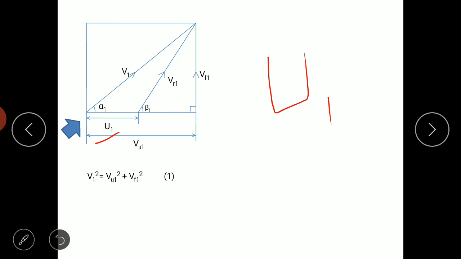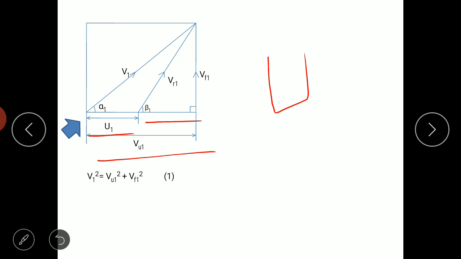Why is only part of v1 shown? Because v1 is getting converted into vu1. Further, vu1 is responsible for the rotation of the wheel or rotation of the rotor. Now as v1 is striking the rotor, there will be frictional losses. So again, part of vu1 is getting converted into u1. We have not shown the complete vu1, only u1, because there is some loss. So the loss is this portion.